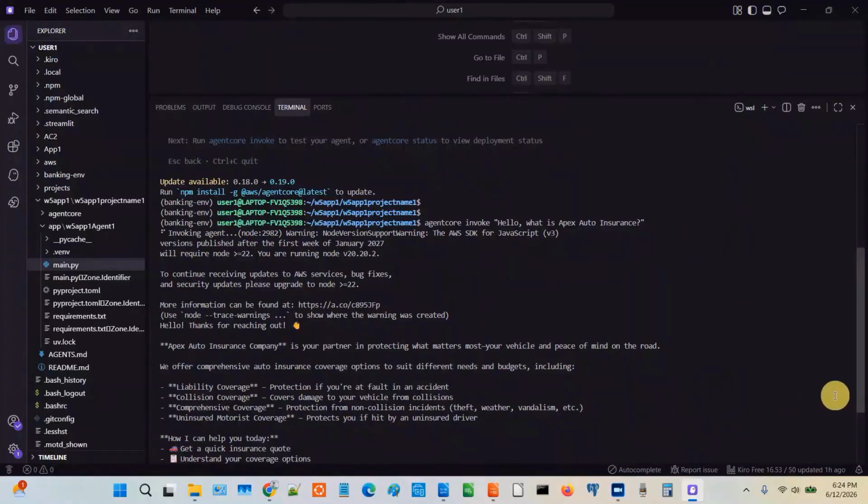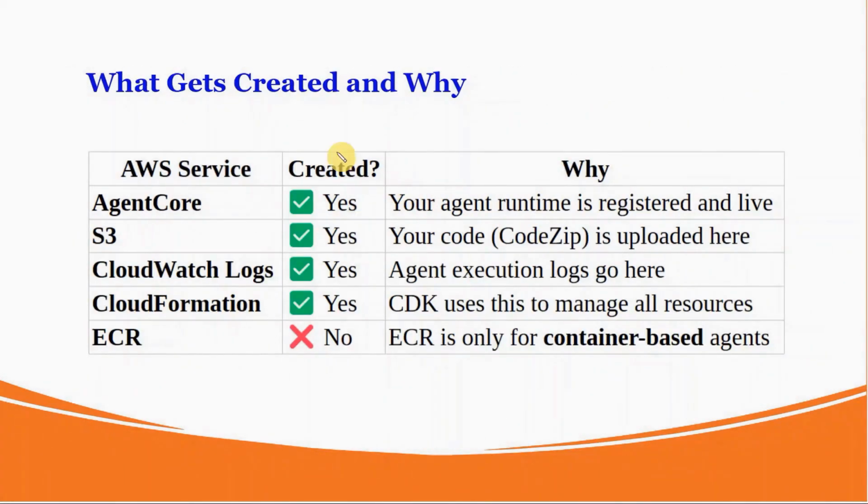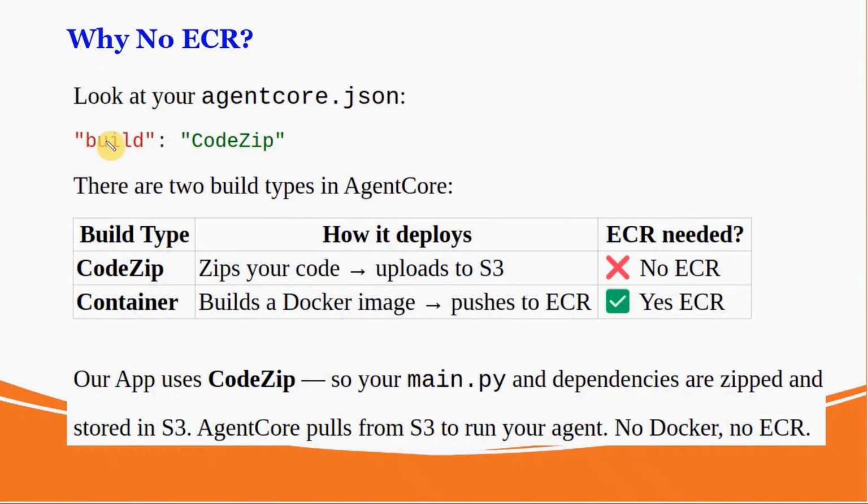So now this is working nice and clean. The screen shows the difference between the dev mode and the deploy mode, and when we do the AgentCore deploy, what gets created in the cloud and why. If you look at the list, we have S3 created, CloudWatch obviously, CloudFormation created, ECR no. Why ECR is not created, as I said, if you go to the next slide,